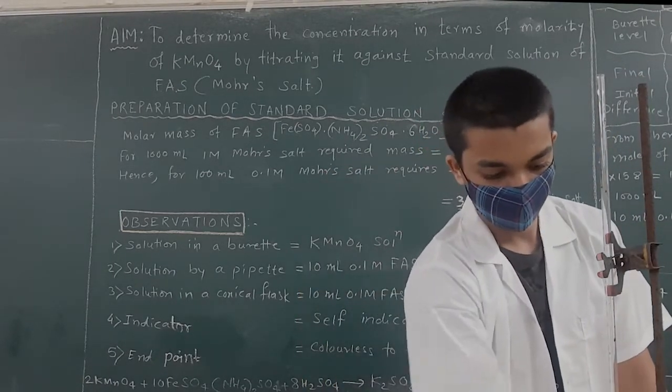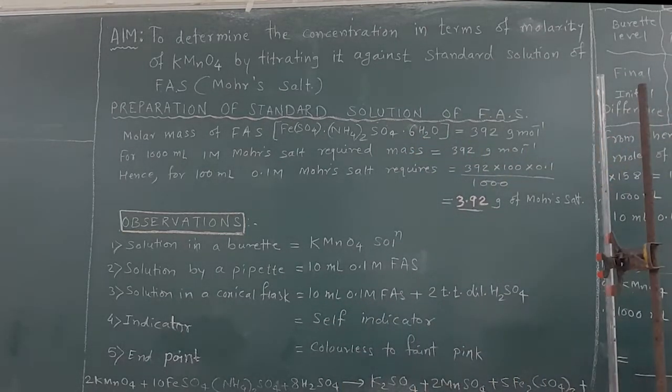Now guys, to perform this experiment, first of all we are going to fill the burette with KMnO4 solution. After that, with the pipette we are going to pipette out 10 ml of 0.1 molar ferrous ammonium sulfate. This 0.1 molar ferrous ammonium sulfate we have already prepared in activity 6, so that same solution we are going to use for this experiment. Then in the conical flask we are going to take 10 ml of 0.1 molar FAS plus 2 test tubes of